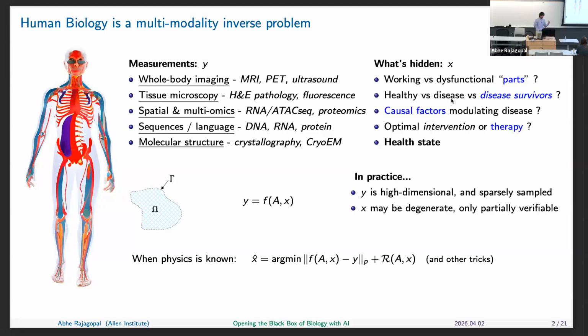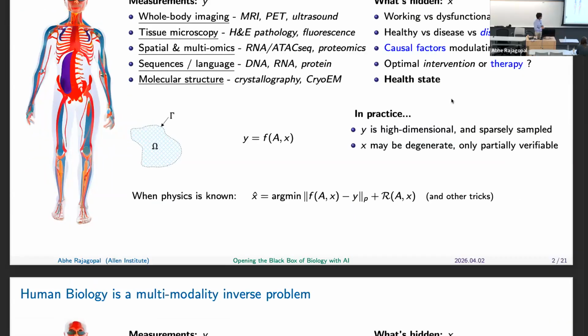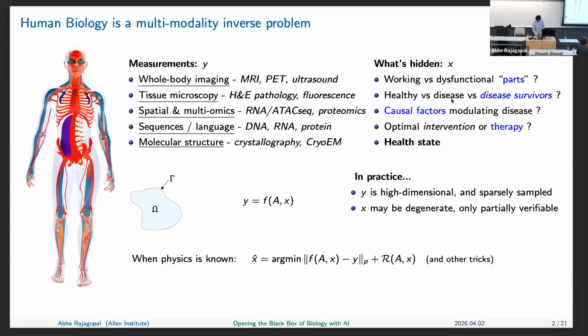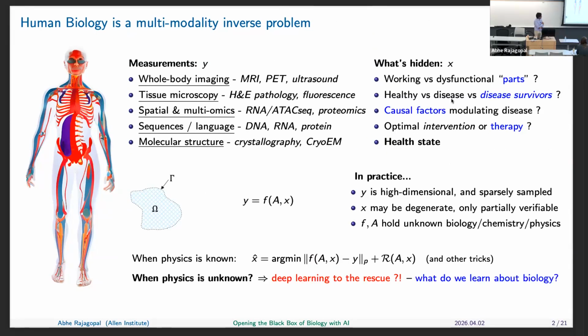But the topic of today's talk, I thought I'd focus on what we do when the physics is not known. In that case, we tend to turn to machine learning or some sort of data science to figure out what the connection is between these inputs and outputs, or the measurements and what's hidden. But it's really difficult because not only are measurements high dimensional, we don't have really good validation of what are the parts in the human body. What are the parts in the cell? And what do they do? We don't exactly know that. So how do we solve that problem?